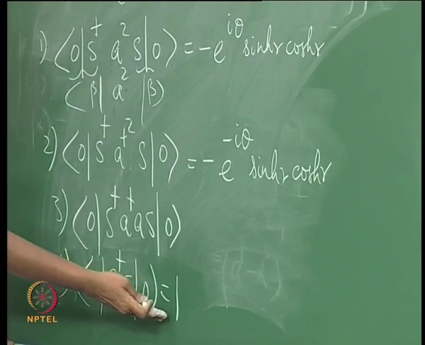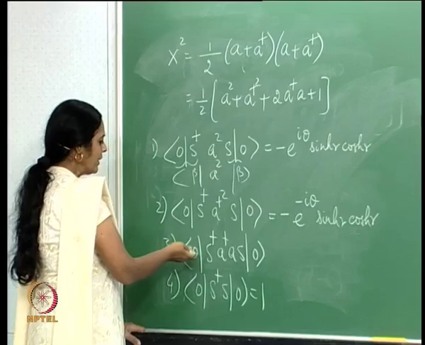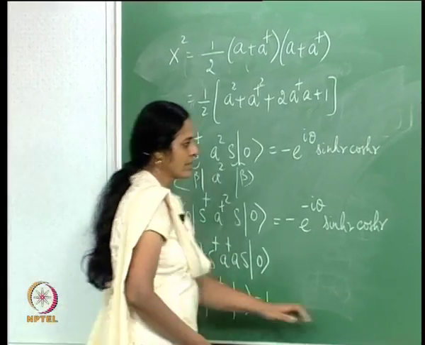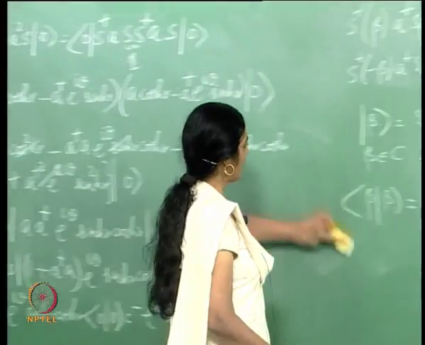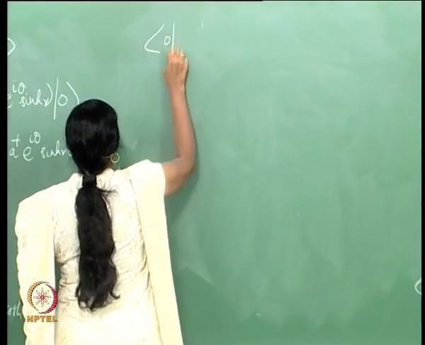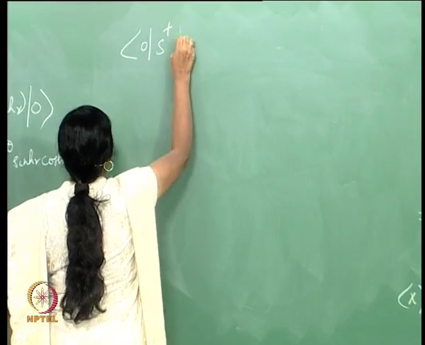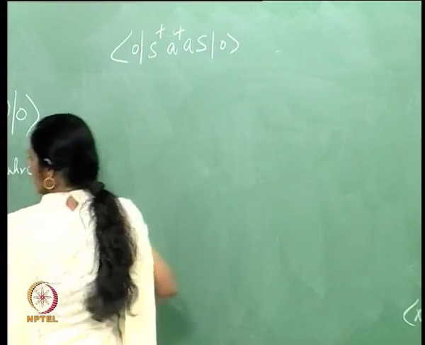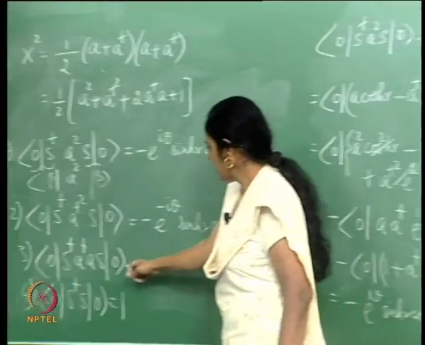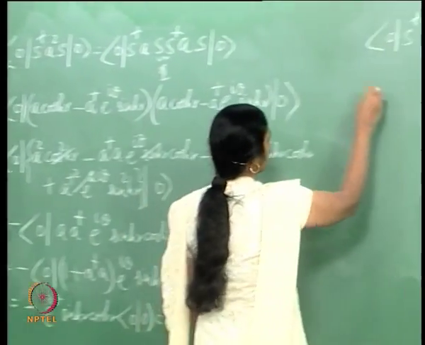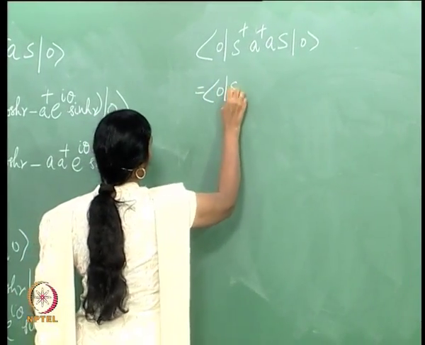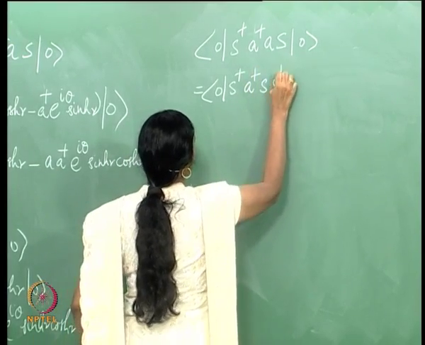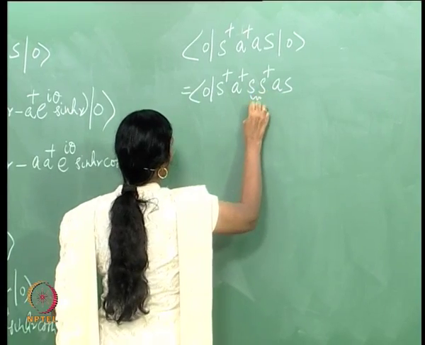The fourth is already clear, it is 1. All I need to do is find out ⟨0|S†AS|0⟩, and I will proceed to do that now. So, here we go. We need to find ⟨0|S†AS|0⟩, that is item 3 here. Once more I use the old trick and I introduce an S† in between here